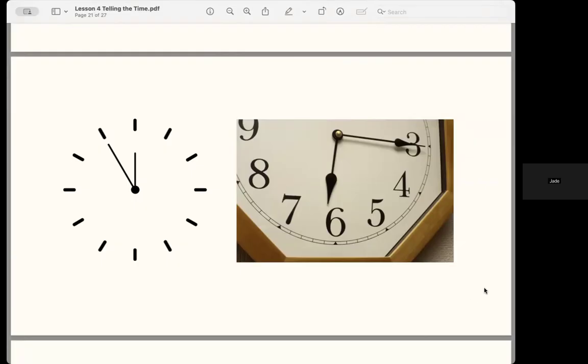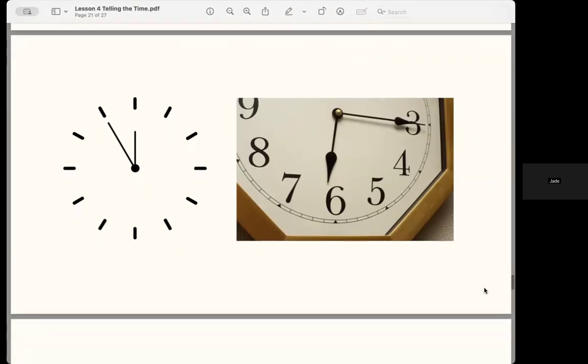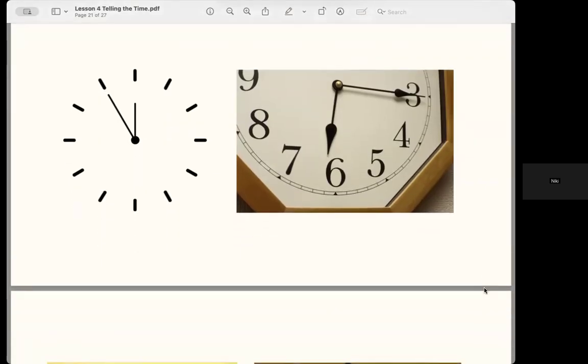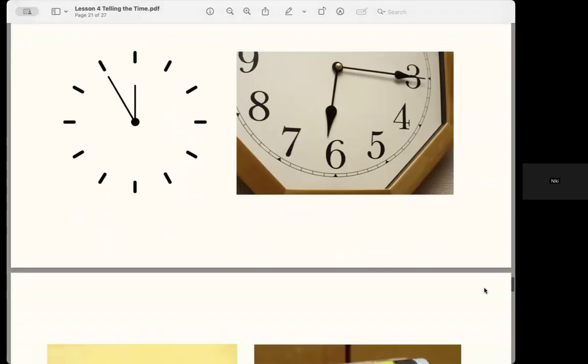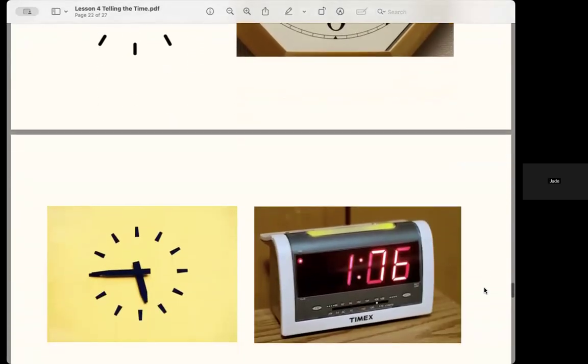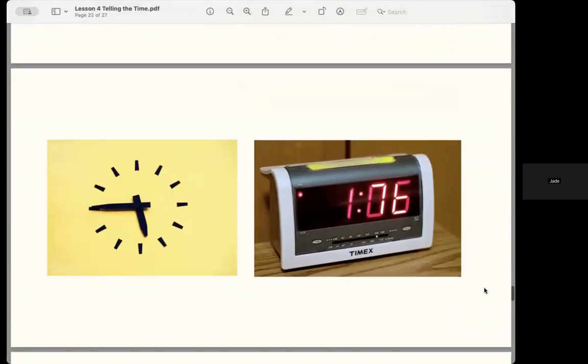It's also 6:15, isn't it? If you were looking at the digital one. Suhaila, you have just put that in the chat, so well done. Suhaila's just put 6:15 in the chat. Great work. Thank you. Good work, Suhaila.